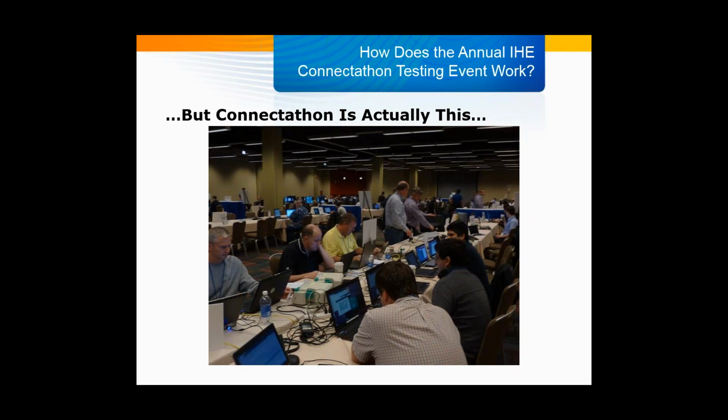Each vendor is there with a goal in mind, and that goal is to increase interoperability with systems within their domain. And those systems have to comply with very rigid specifications that are done in an open manner amongst the members, and those are called technical framework documents. So there are usually 2 to 3 different volumes, where the first volume would define the typical scenario that's being addressed. The second volume